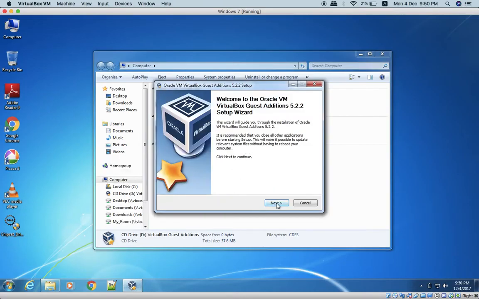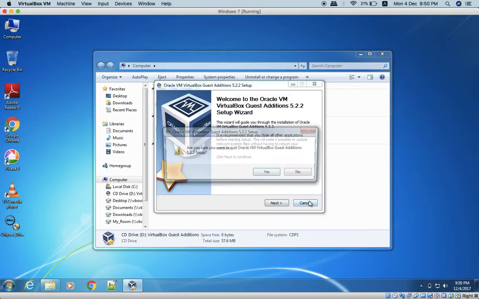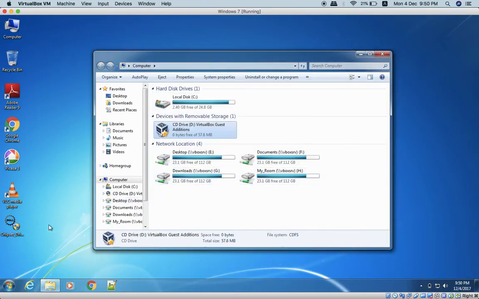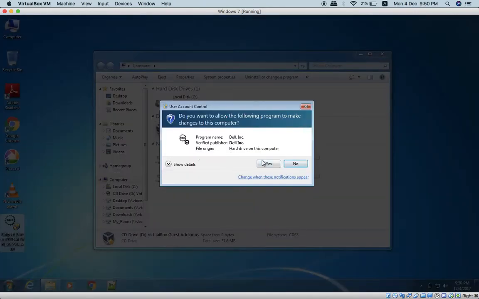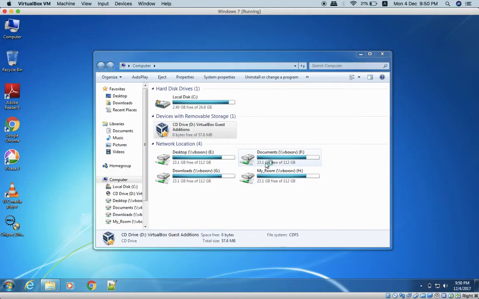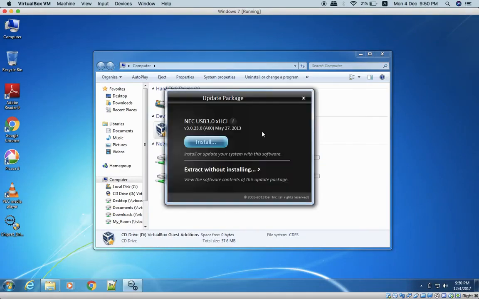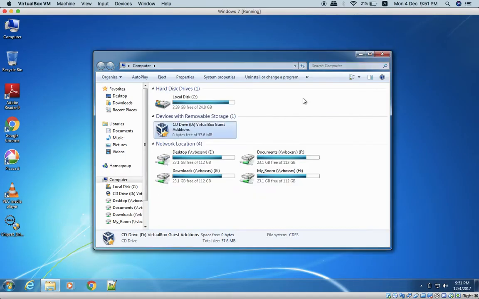Click on next, yes, and once this installation part is done, you can see these are the drivers downloaded from the Dell website. Just double click on that and install these drivers. Right now I am not installing, I am just showing you the steps. Just click on install and these drivers will be installed.